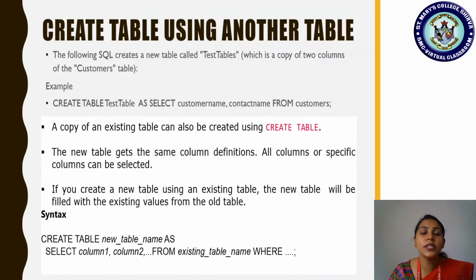So remember students, here test table is the one which is trying to get the features of the customer table, but in customer you have almost 6 attributes, whereas in test table you are trying to take only a few attributes, not all the 6 attributes. So you can tell for this new table which columns you want to select from the already existing table, that is, the customer table.